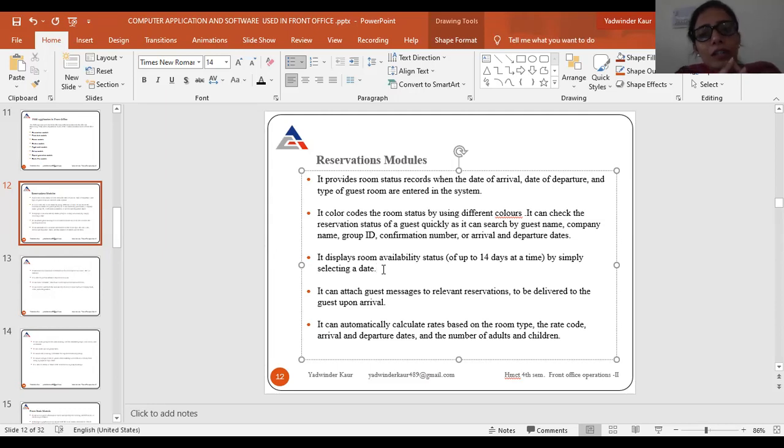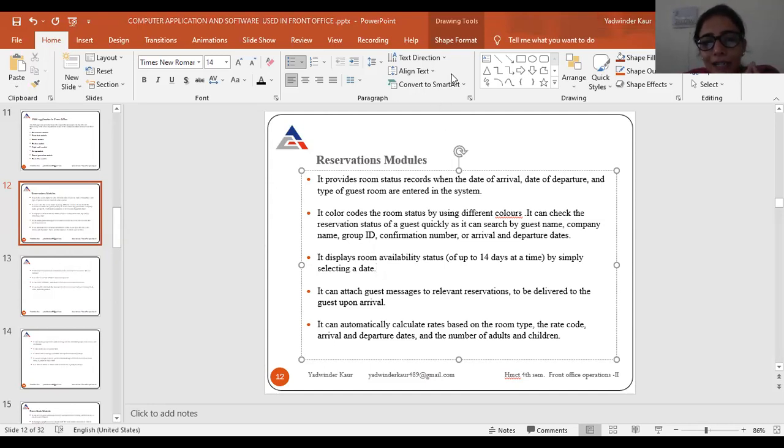If we want to search, we can use guest name, company name, confirmation number, group ID, or arrival and departure dates. When we are using the PMS software, we can get the room availability status up to 14 days at a time, right? In future, for 14 days, we can get all the information by just selecting the date.